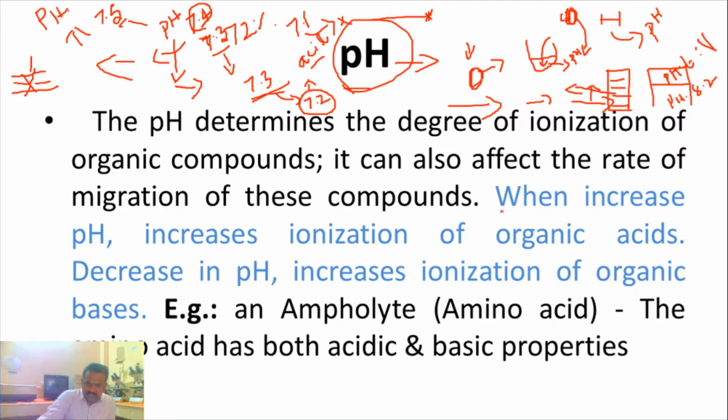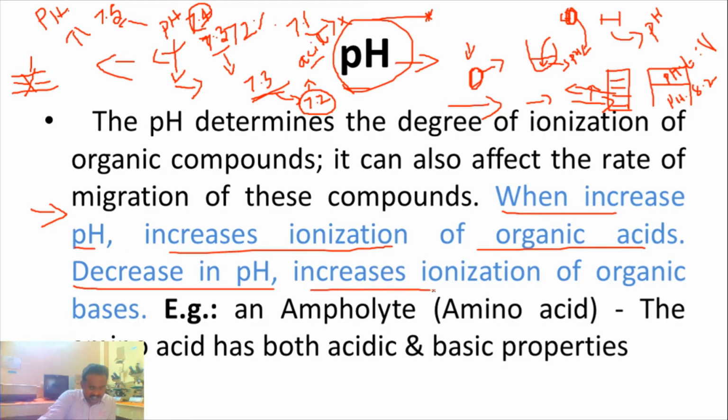When we increase the pH, the ionization increases. Why do they get ionized? Because we are giving applied voltage. That voltage energy will increase the ionization of the organic acids. If the pH decreases, the ionization decreases. With increased ionization, the ions carry an effective amount of current from cathode to anode. Similarly, if you are decreasing the pH, ionization decreases, so a low amount of current may be transferred from cathode to anode.